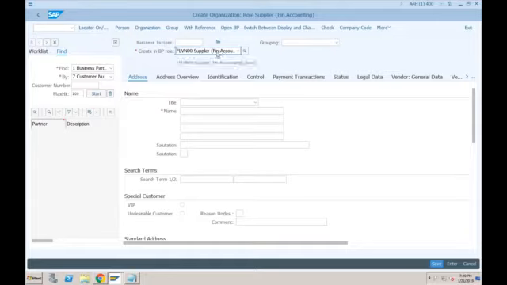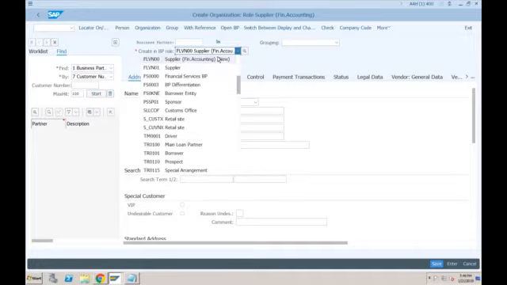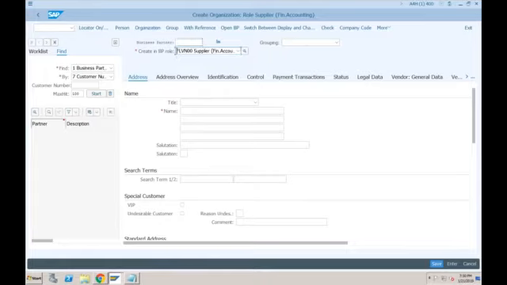So if you go here and try to save this vendor, let's say I want to create this vendor under the role FLVN00, which means for the purchase accounting. If I show you, there is another one, FLVN01, which is only supplier. This is for purchasing organization. So you have to specify the role. Whenever you are creating any business partner, you have to specify what role this business partner will play in your organization.